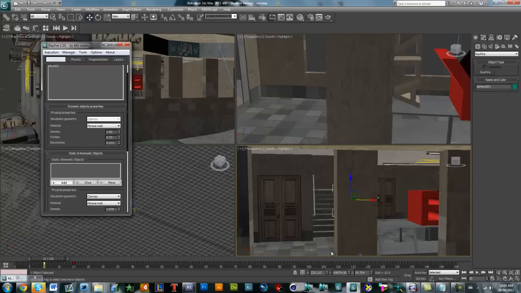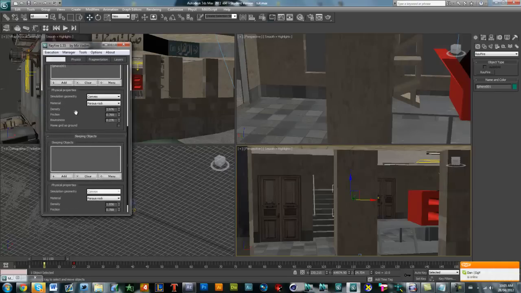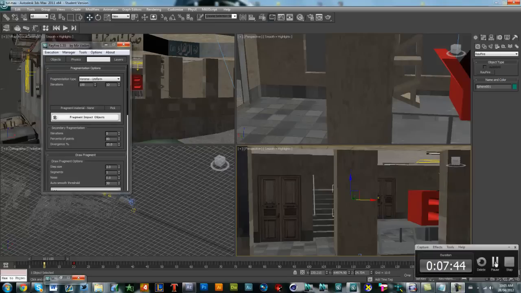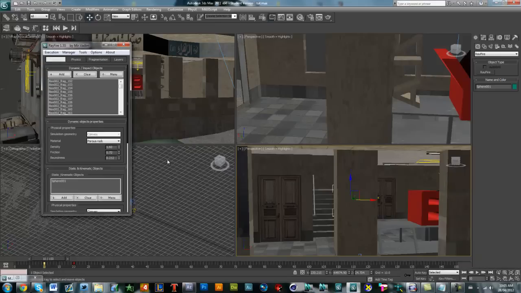So this is basically any object that you want to break the dynamic impact object, or if you want, like in Laver's tutorial, it bounces off the dumpster and then it breaks off that, that'll do that as well, like a floor or something. So then, if you go to fragmentation, you want VRAY uniform 150. Once you have the 150 iterations, you're just going to click break,